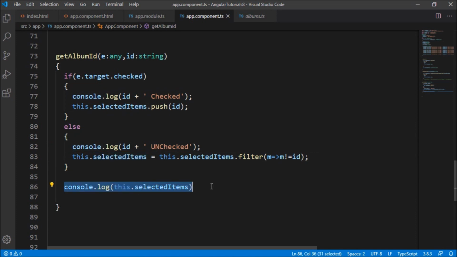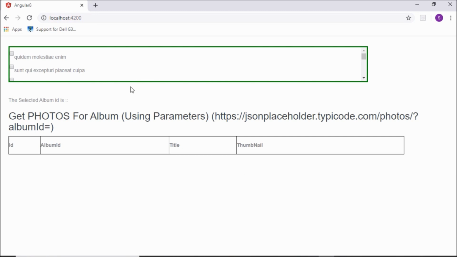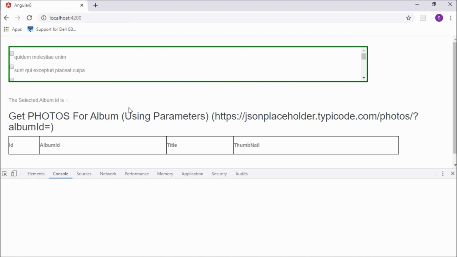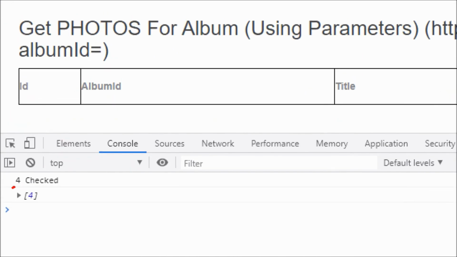So let's run this. I will open the console. You can see when I click here that the item ID 4 is checked, and in the array we have 4.